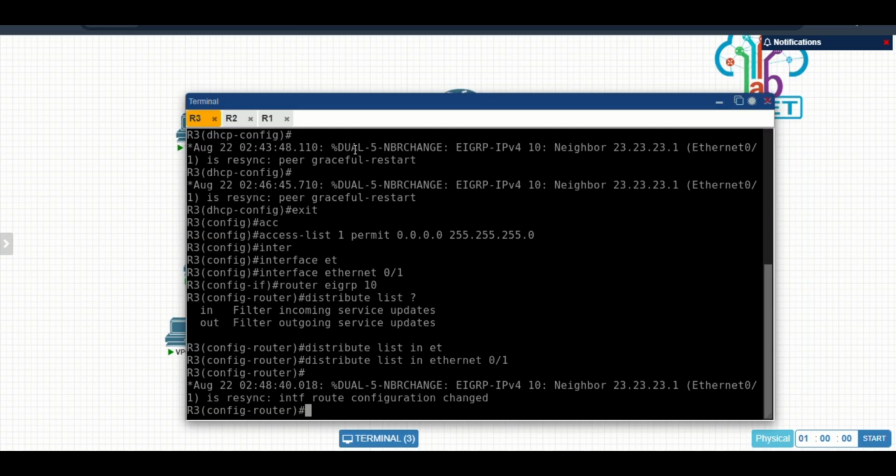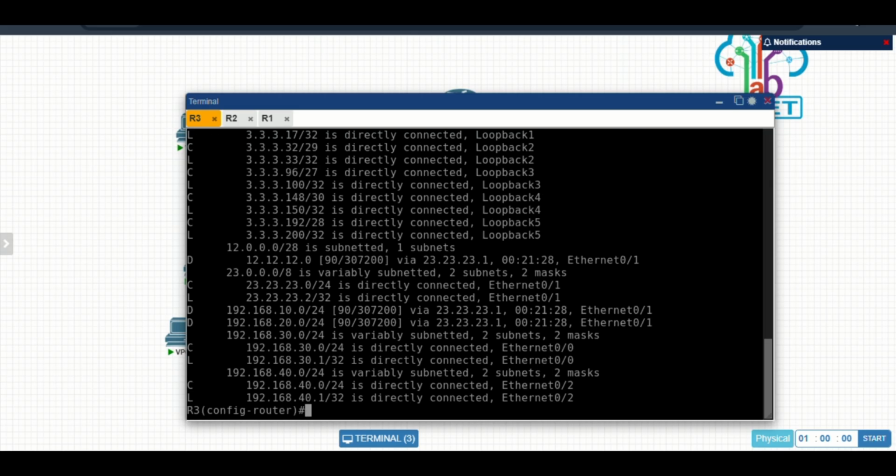So we change to router 3, and then we make the same access list permit as the router 2 configuration, but the prefix is different. So the distribute list goes into Ethernet 1, and then we get a notification that the configuration changed, and then we can do show IP route.